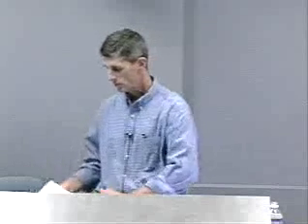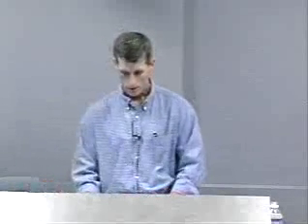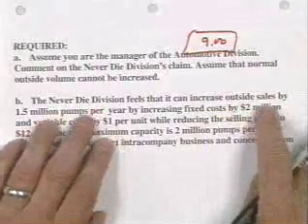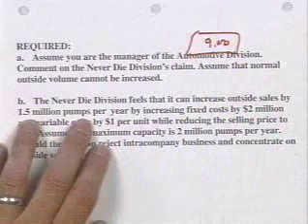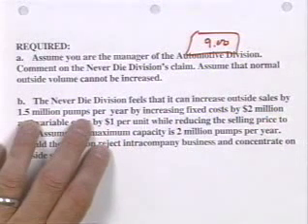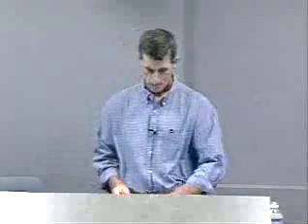And part 2 of this question asks, suppose the Never Die division feels that they can increase outside sales by 1.5 million pumps per year. So in other words, Never Die is trying to replace the inside sales. Current inside sales are 1.5 million. They're trying to sell an additional amount to replace all those inside sales, given that they can sell at a relatively higher price. Now, the information then is that if they incur an additional fixed cost of $2 million and